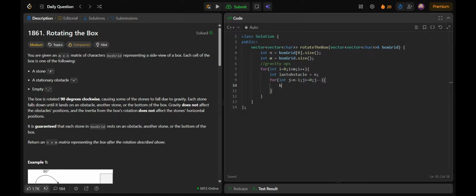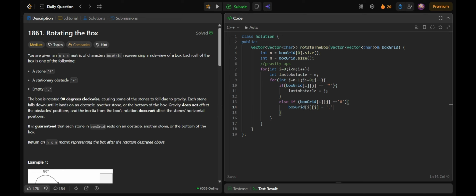So if I encounter an obstacle, then the last obstacle's value is going to change, and it will become that column, right? But if I encounter a stone, then in that case that particular position is actually going to become empty, right?